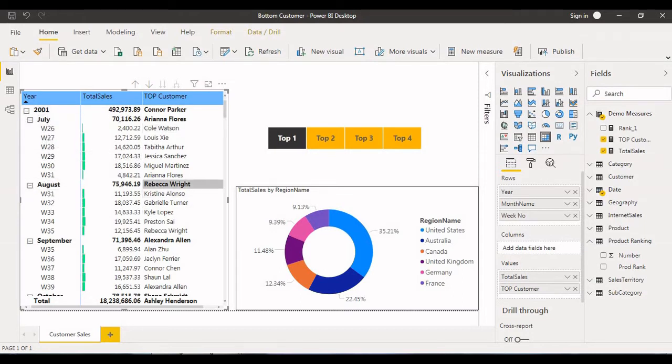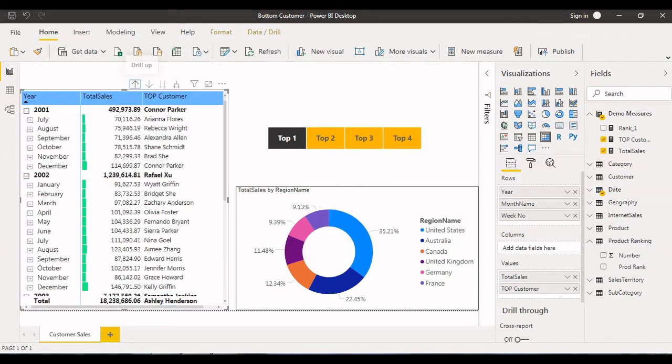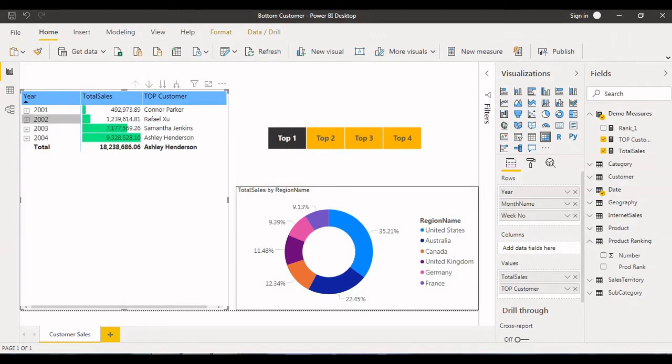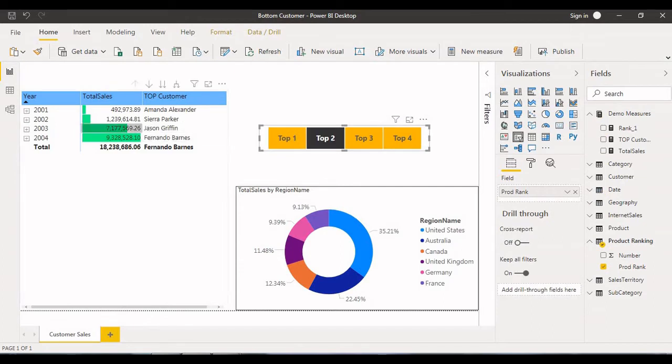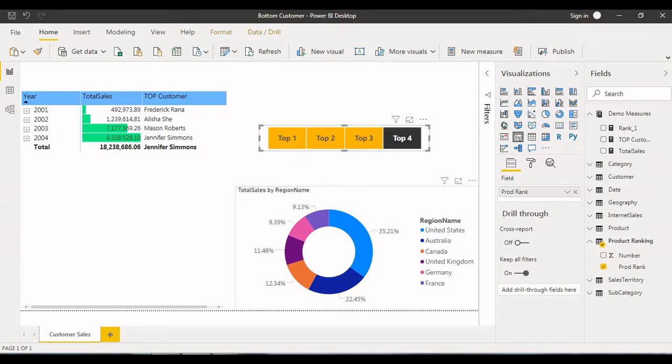In this example, we are trying to find the topmost customer level-wise. For example, who is the topmost customer in 2001, 2002, 2003, 2004? If you want to find the top 2 customers year-wise, or top 3 or 4, it dynamically gives the top customer, whether you want to see the top 1, top 3, top 4, whatever it is.